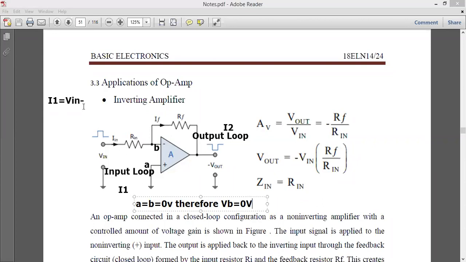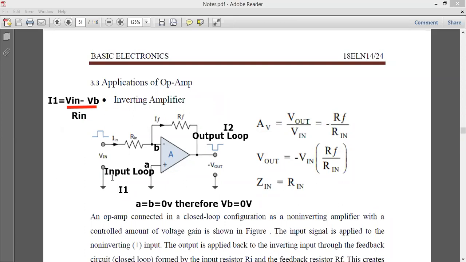Okay, so यहाँ पे मैं लिखता हूँ. So therefore what is I1 is equal to V in minus, you can simply take it as VB divided by, okay, so put I is equal to V by R, right? So V is divided by R. So what is R? R is nothing but your R in. ठीक है, आप इनपुट रेजिस्टेंस के साथ में आपको कैलकुलेशन करना है. So this is the equation for your first current, that is I current.